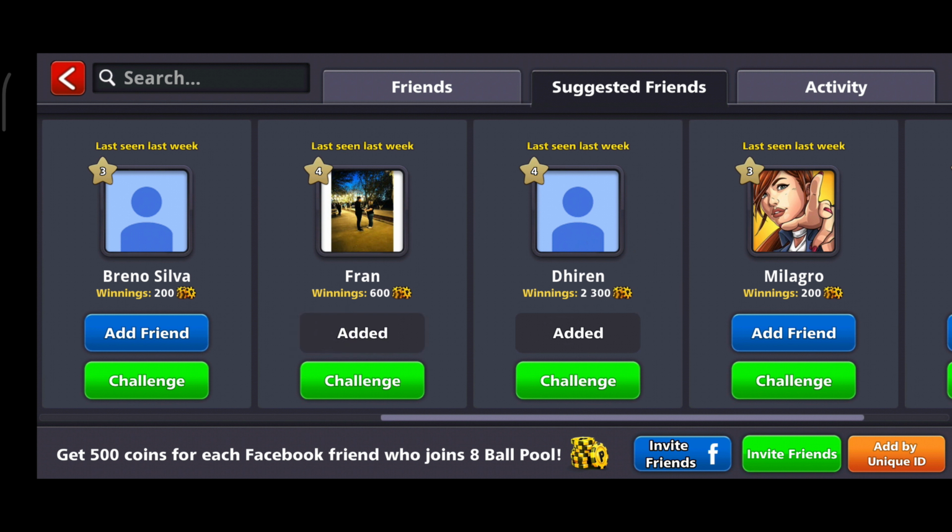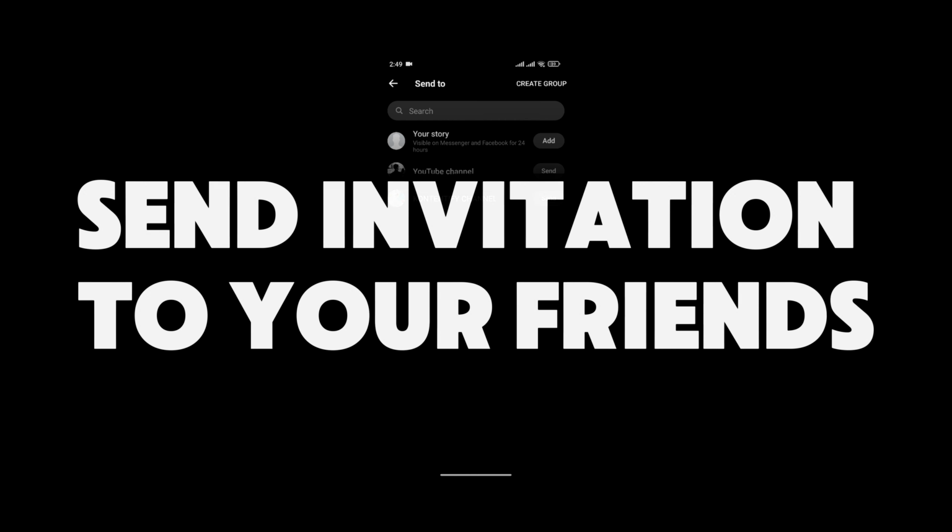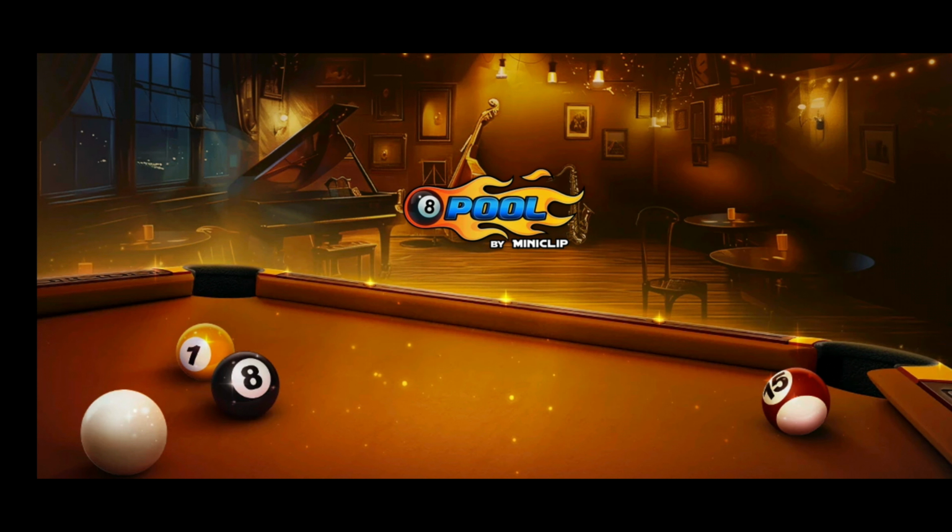The next way is by adding through Facebook. Here on the bottom you can see this option called invite friends and Facebook. Tap on this and now you can directly send the invitation and they will be added. So yes, this is how you add friends, and later you can play together or you can even do